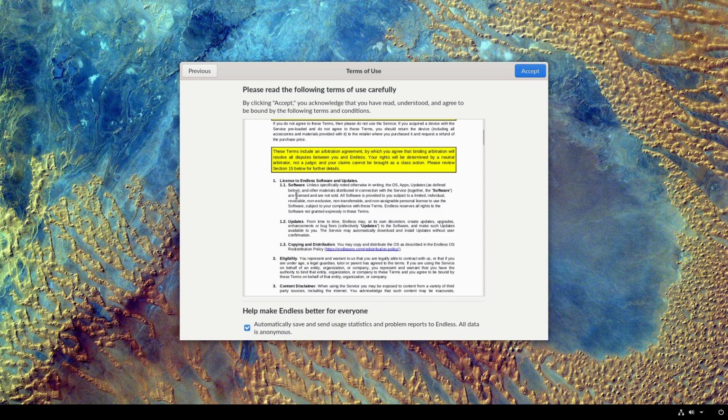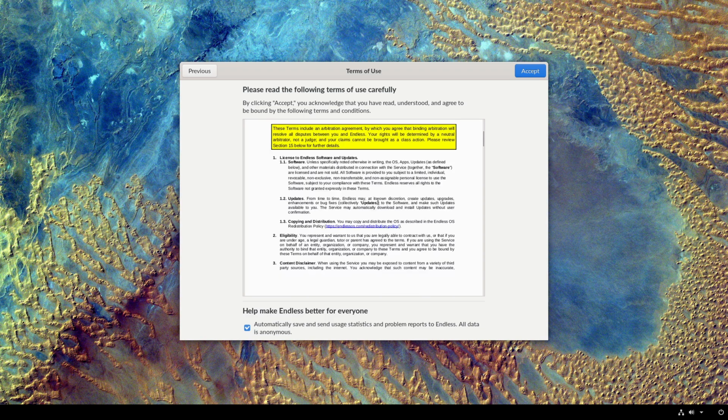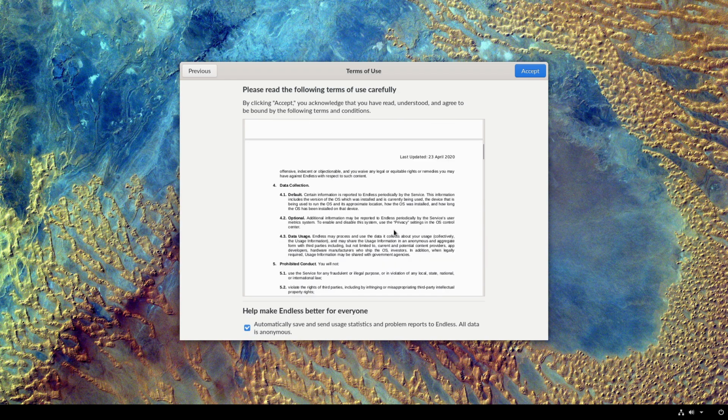We do have license to software updates. This part, section 1.1 here, basically says we have the right and will update the system no matter what. You don't have an option. It's just going to force updates, and there's not a way to turn that off. That, in and of itself, is part of a problem. You can copy and distribute it based upon the redistribution policy that they have listed there.